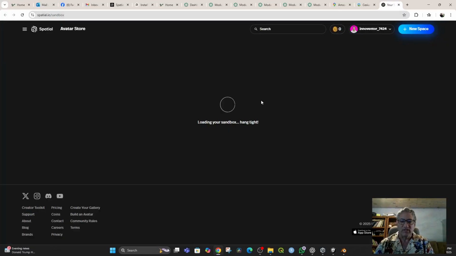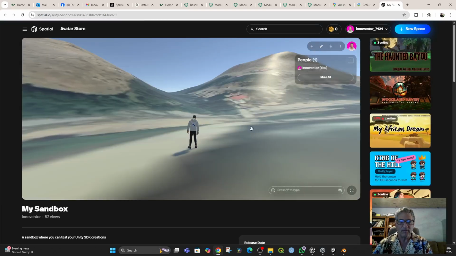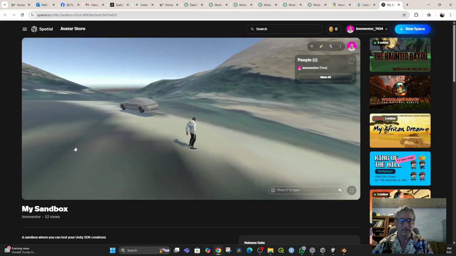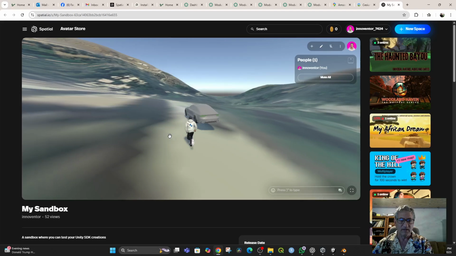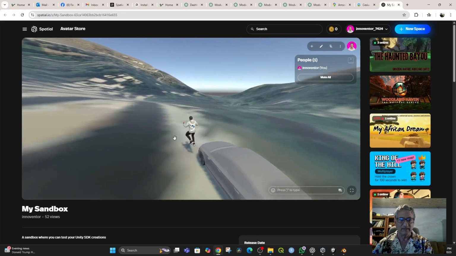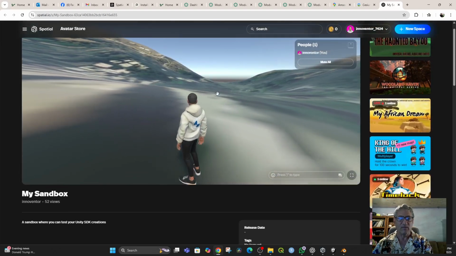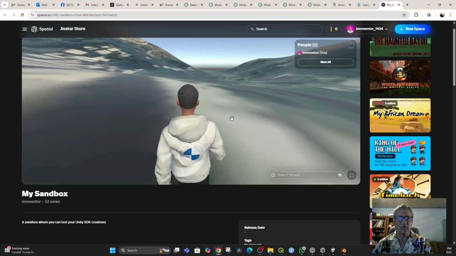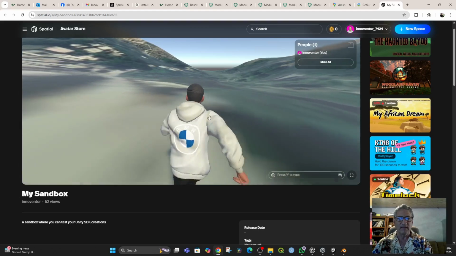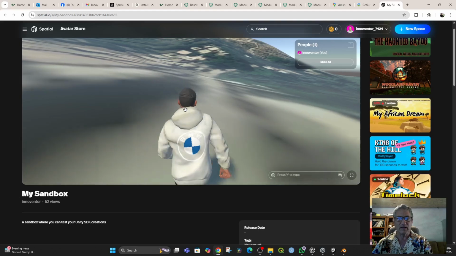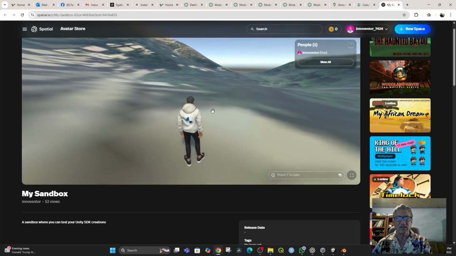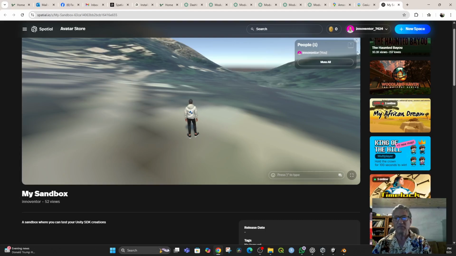And it's loading our sandbox, telling us to hang tight. And boom, we are on the landscape. And there's the car. So everything is now the right size. And we have this ability then to move about. Now, if you want to see it from a bird's eye view, you can stay in Spatial, and you can,